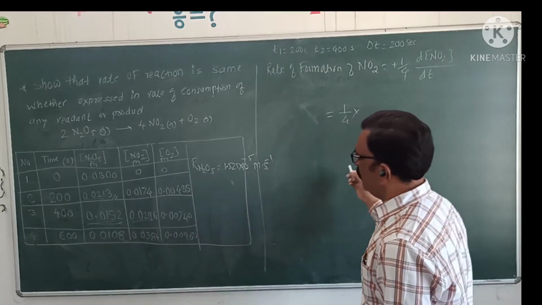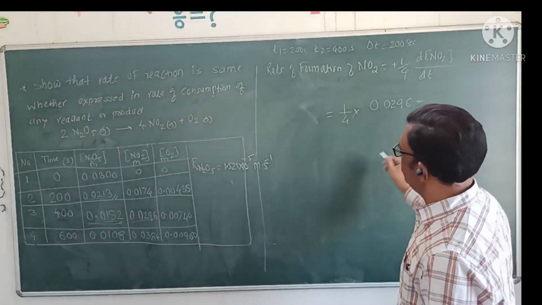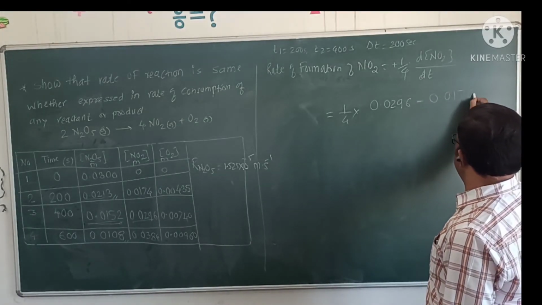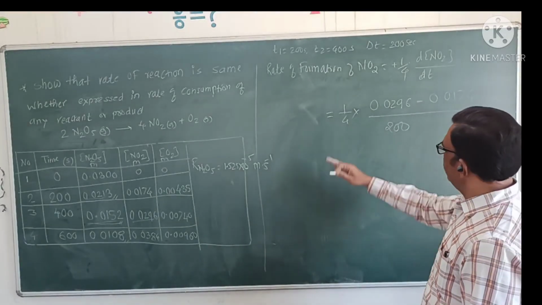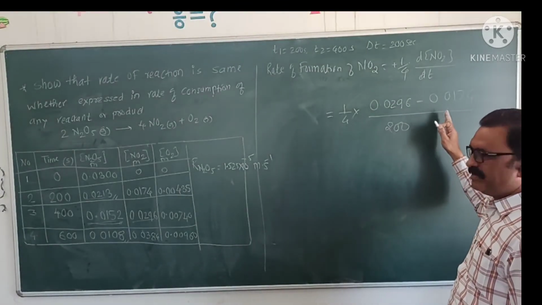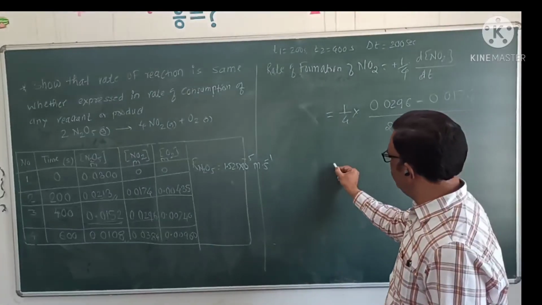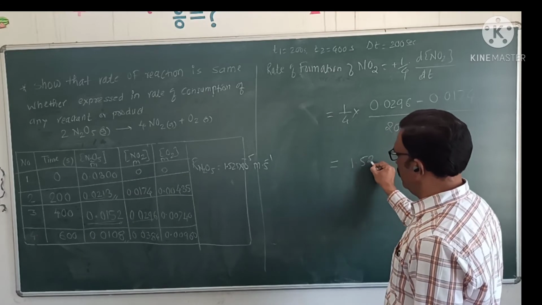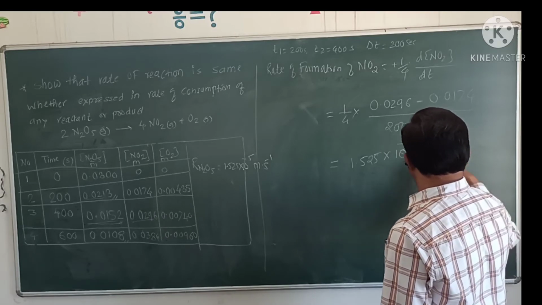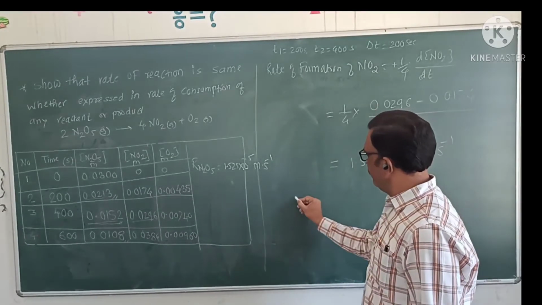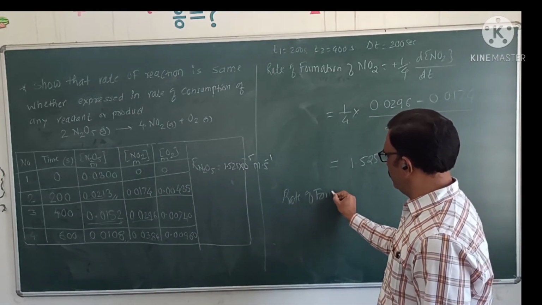Final concentration 0.0296 minus 0.0174 divided by 200. After subtraction of these two values and division by 200 into 1 upon 4, these values ultimately come like 1.25 into 10 raised to minus 5 moles per second. Similarly, the rate of formation of oxygen, O2,